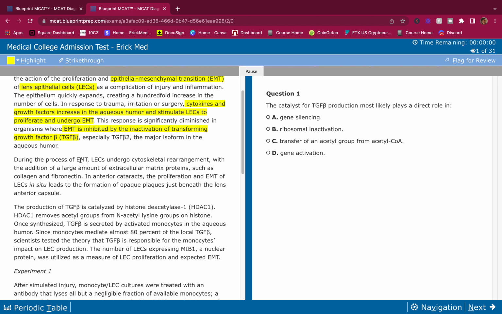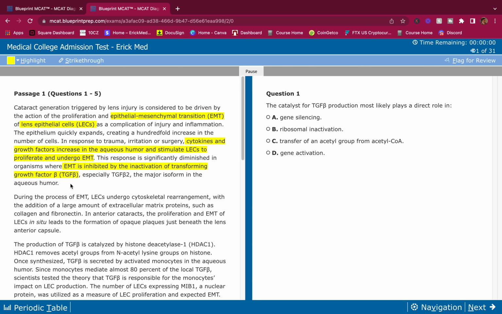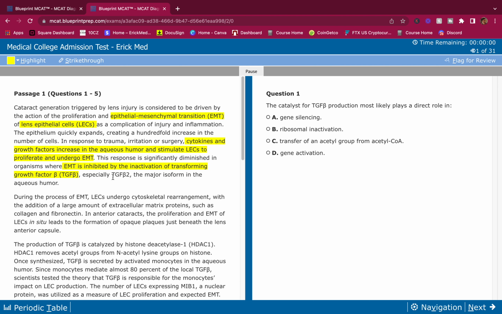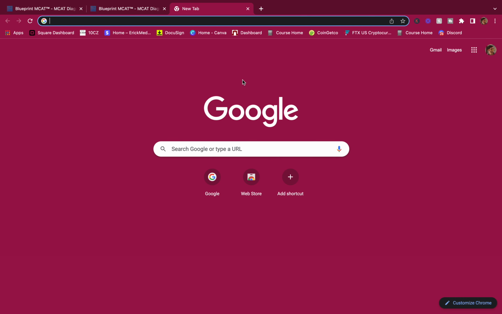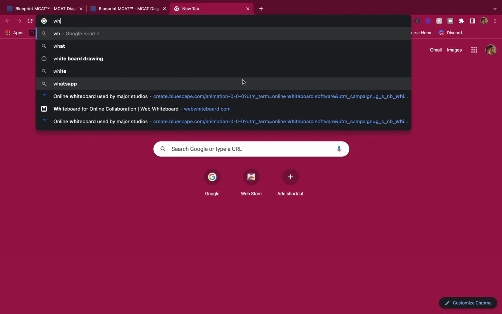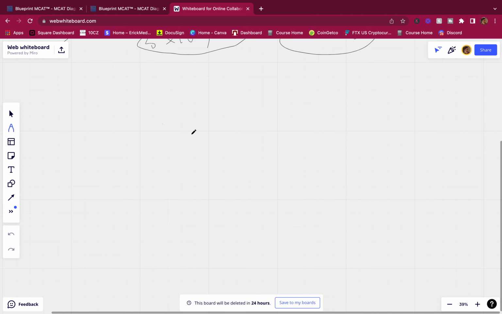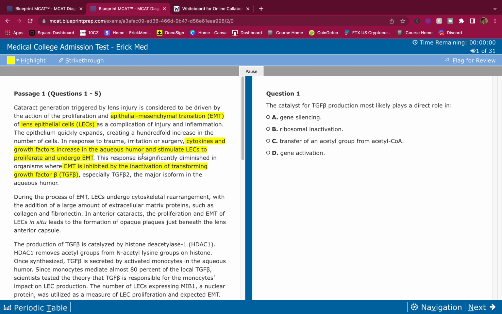And we're getting into some details. So I recommend, okay, for you guys to take a quick note. If you need to, do a quick note on the paper or on the horrible marker paper they give you for the MCAT. Okay, make a quick note. So this is what I would make, because I don't want to get lost in the details. So I'm going to go on the whiteboard here. Okay, it's this one. And I'm going to make a quick note. So this would be my paper for the MCAT. My quick note is going to say,